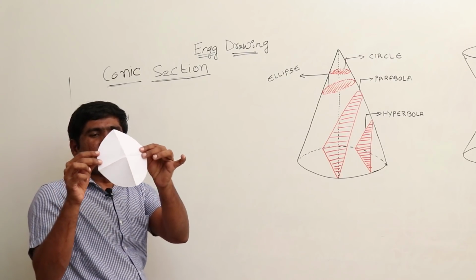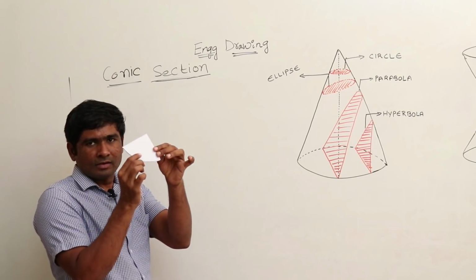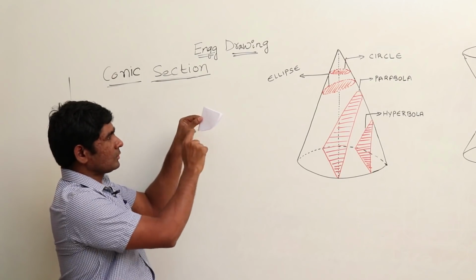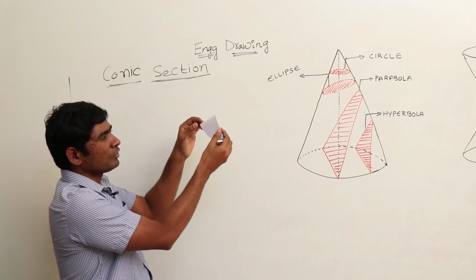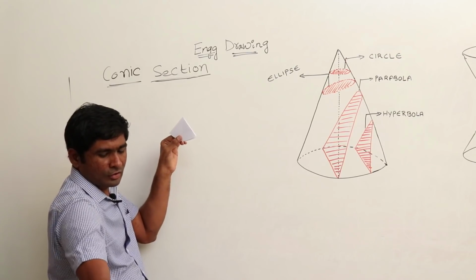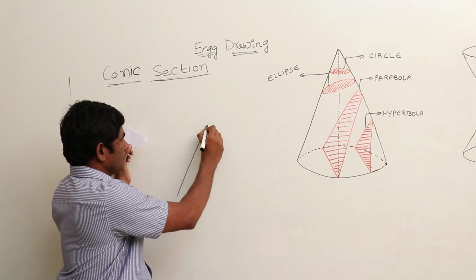And from the circle I will cut a sector. So this is called a sector. This is simply a sector. And if you unfold it, then it will become a circle. So I have taken a sector, and if you can recollect from our cone,